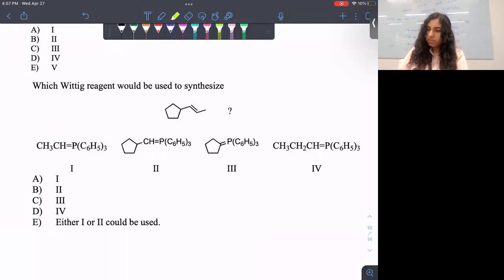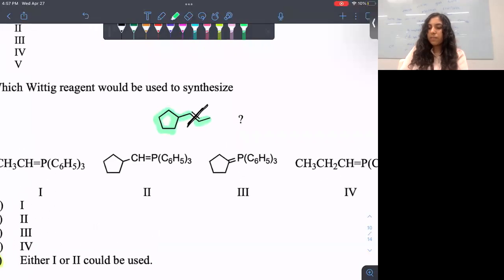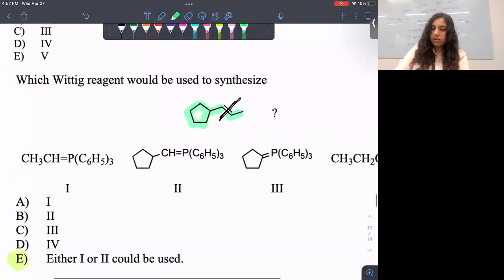Yep. So with Wittig, all we have to do is slice the alkene in half and then make either one the ylid. Either way is going to work. So to do that, we just separate it and then add a PPh3